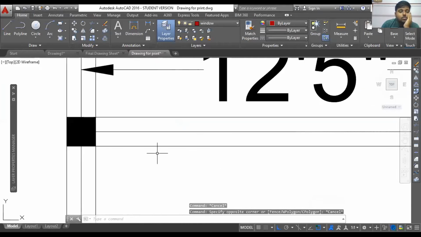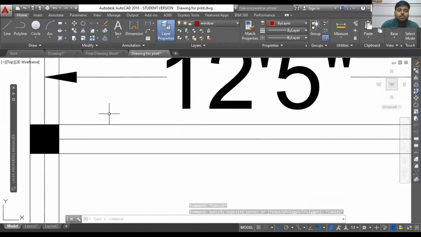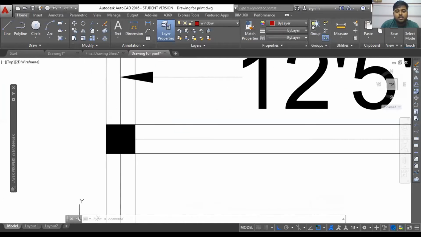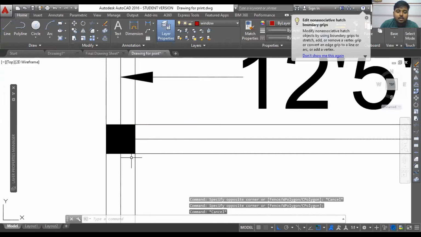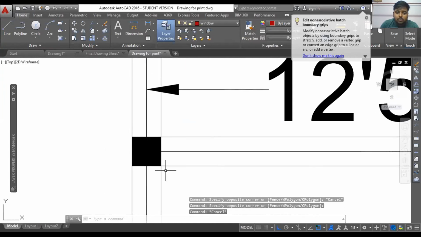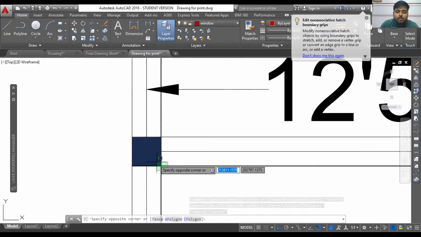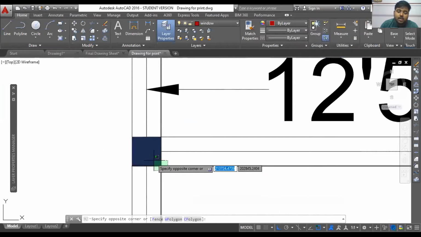So how do we use that? Okay, there are two different kinds of selection tool. With one, in order to select, you have to cover the whole area, and with the other selection option, you only have to select a very minimum or a certain portion, and you will select the whole object.